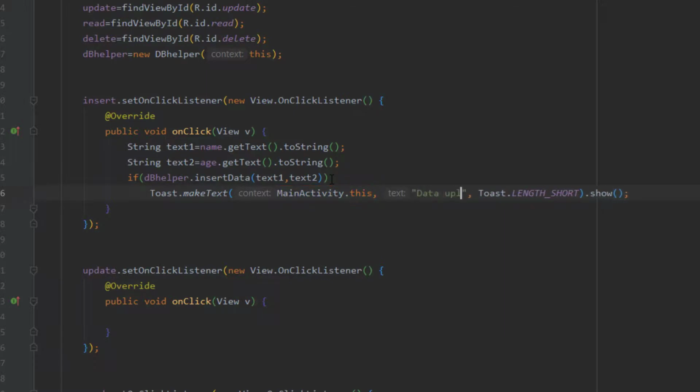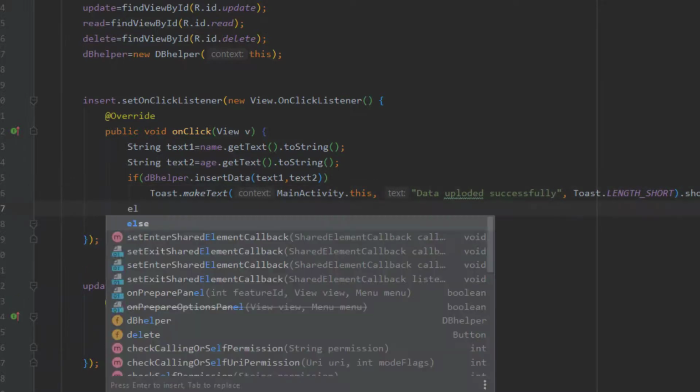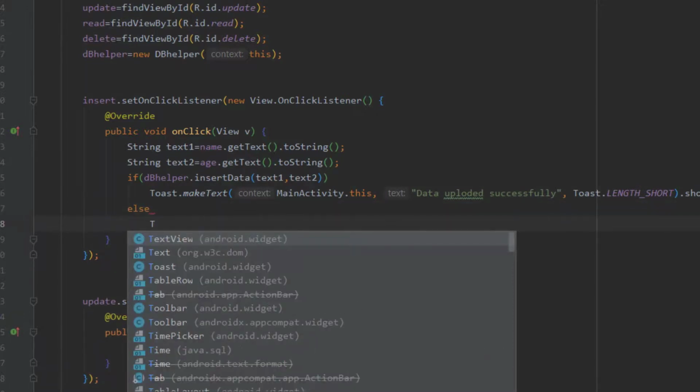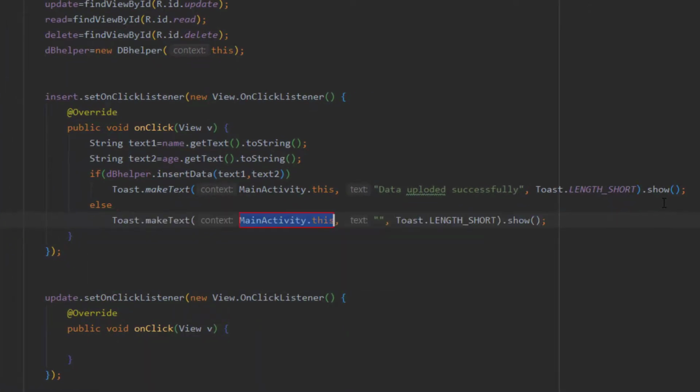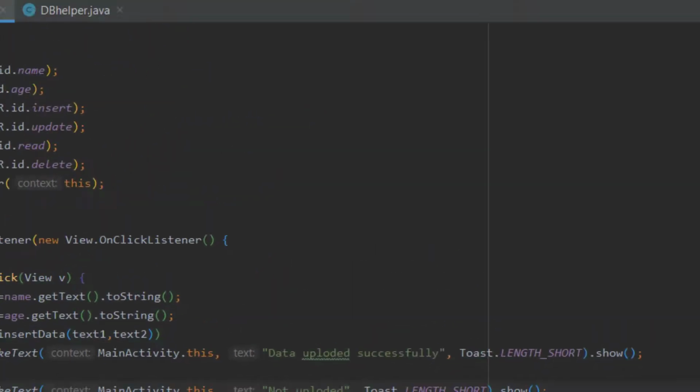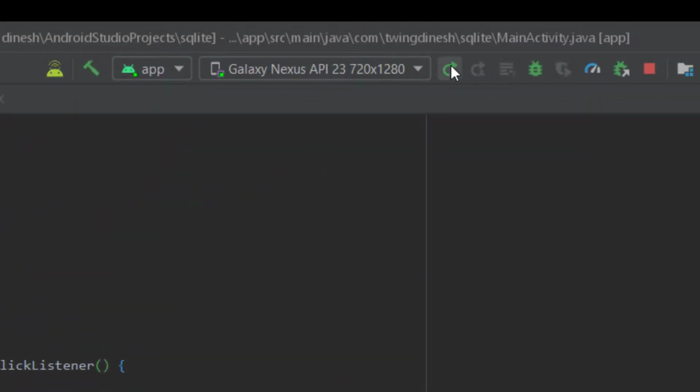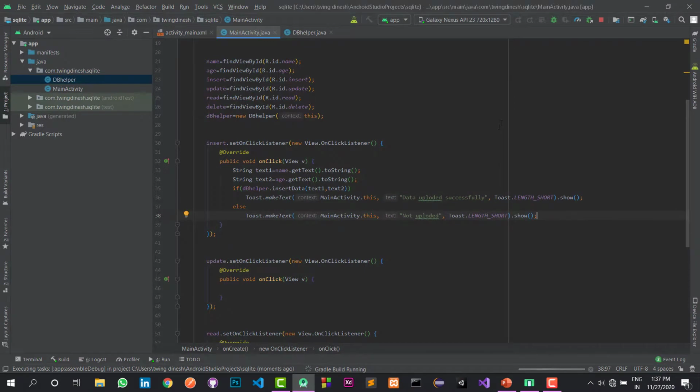Let's say data entered successfully. Else data not entered, data not uploaded. So yeah, that's all. Let's run the program.